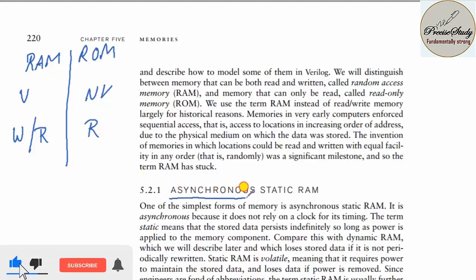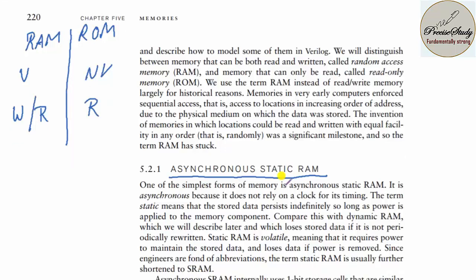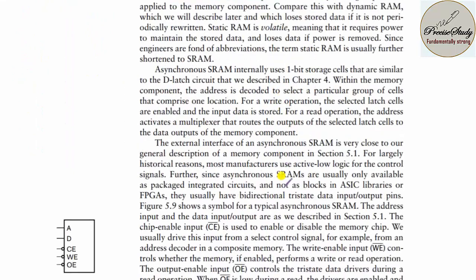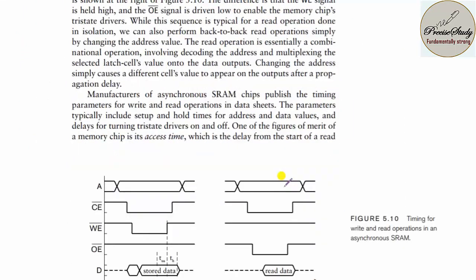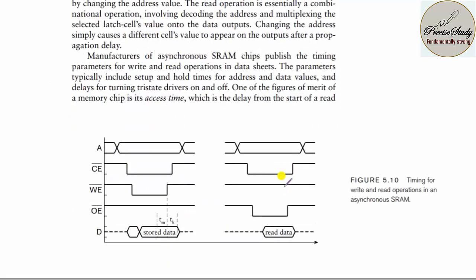Next, let us talk about asynchronous static RAM and synchronous static RAM. In the case of asynchronous static RAM, the clock is given to the first block, and for the rest of the blocks you derive the clock. By doing this, the output does not wait for the clock occurrence, so the circuit is less bulky. The major problem with asynchronous RAM is that performance is lower.